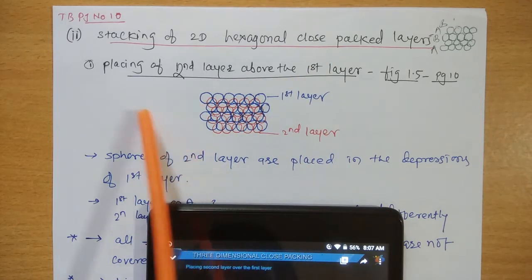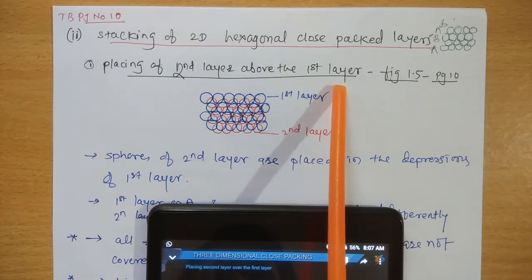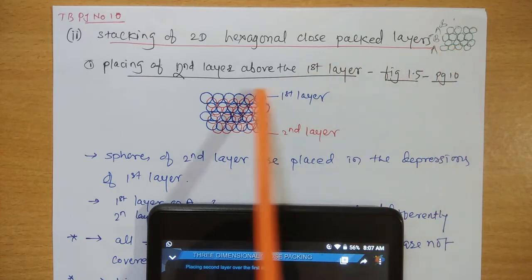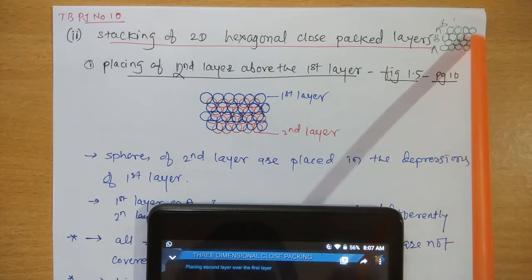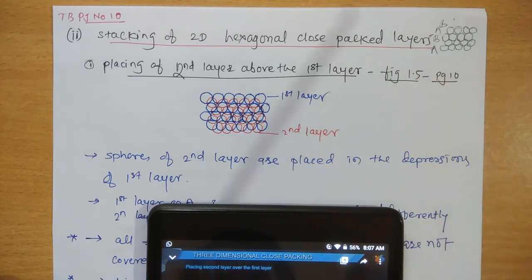Now first of all, placing the second layer over the first layer. Both are two-dimensional layers. Just see the video of how these hexagonal two-dimensional layers are placed.